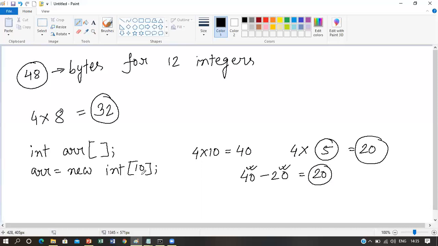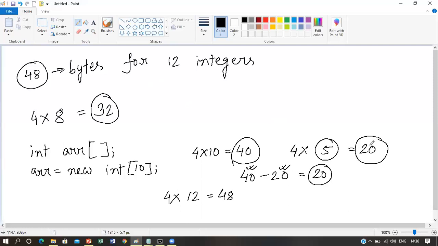That means suppose you have allocated memory for 10 integers, that means 40 bytes of memory has been allocated, and in your program you need 12 integers. So in that case, you need 48 bytes of memory. That means you have allocated 40 bytes and you need 48 bytes. So in that case, this 40 bytes cannot grow or extend to make it 48 bytes. That means the array size cannot grow in size in case of Java. It can only shrink in size. So this is one of the disadvantages you can say.